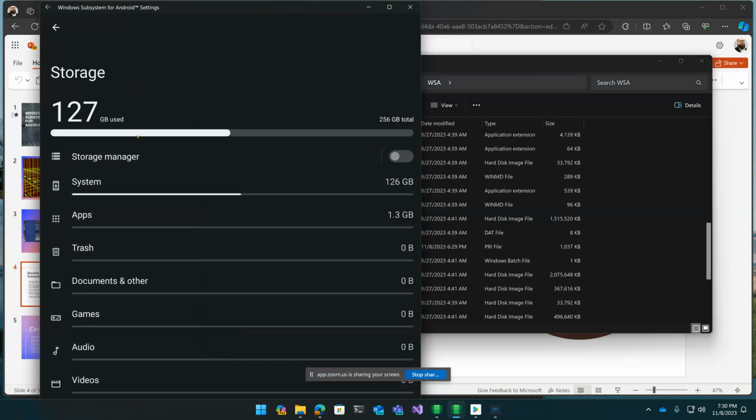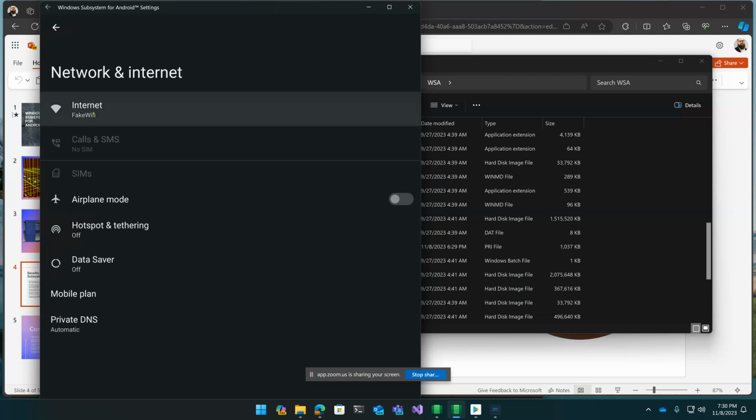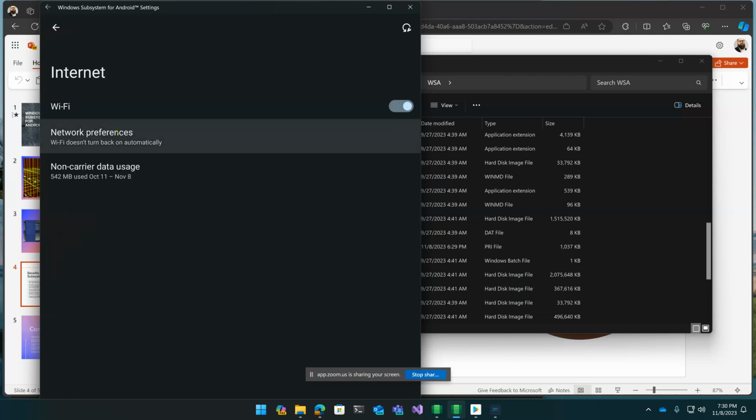It's thin provisioned in that it's not actually 127 gigs, nor is it 256 gigs in size. But it's a traditional Android file system and structure. And as I mentioned earlier, you can see that the device thinks that it's on Wi-Fi.